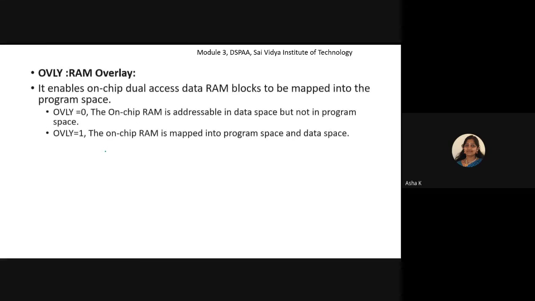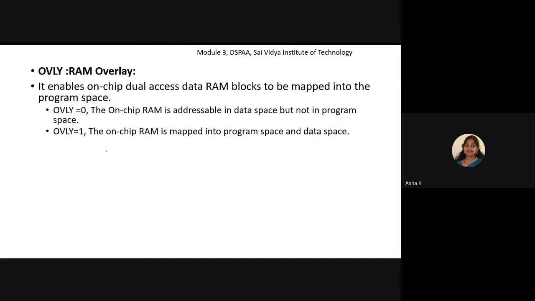And the next is a 1-bit field which is called RAM overlay, random access memory overlay. So we have data RAM blocks. It enables the on-chip dual access data RAM blocks to be mapped into the program space. That enabling will be done with the help of this OVLY bit. If the OVLY bit is equal to 1, the on-chip RAM is addressable.